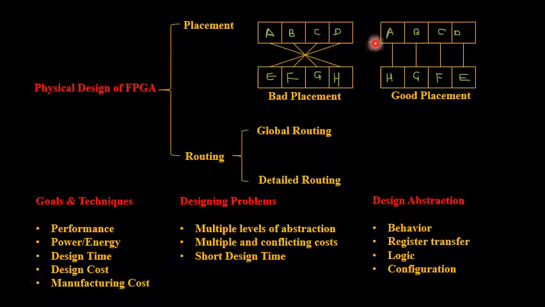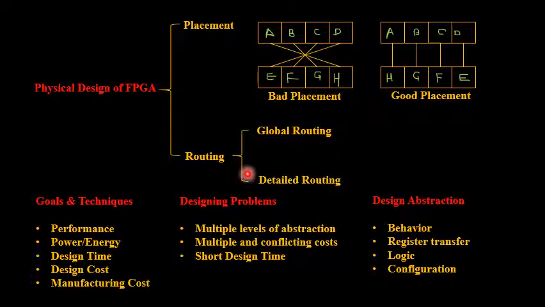So hope you understood why the placement of a logic element is very much essential in order to decide the cost as well as speed of operation. This is regarding the placement. So you have to take the concept of delay very clearly into consideration when you are taking decisions in order to place each and every individual logic element.